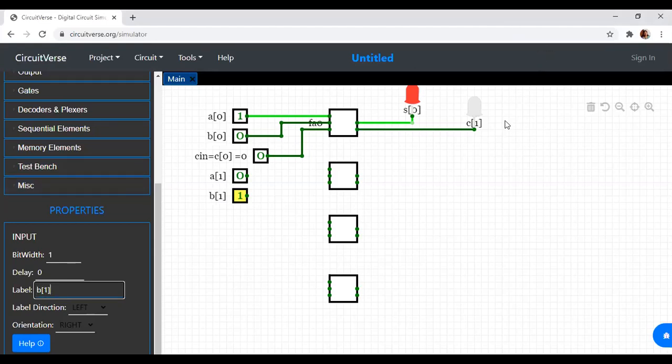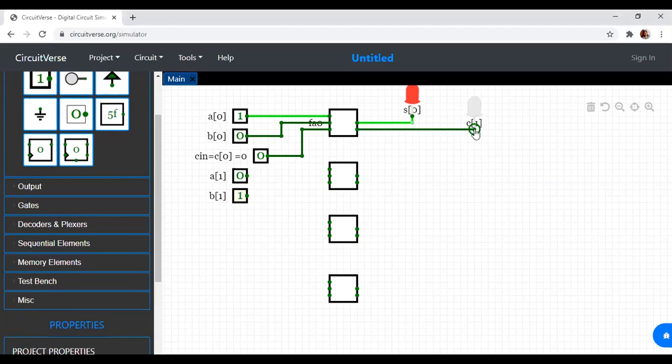What is the next input? The next input is nothing but C of 1. So I should take C of 1 from here and give it as one of the inputs. This can be given in any order, right?